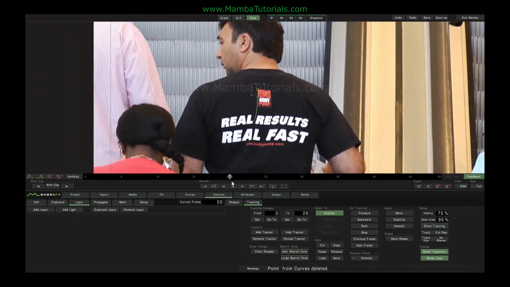Let's imagine this point then becomes obscured, so I can't continue tracking it, but I still want to get the motion. What I can do is continue tracking a similar point that perhaps moves in the same kind of way. So if I hold down Alt while I drag the tracker, you can see that there's an offset applied. It's still continuing the curve as if it was tracking this point, but actually it's going to track data from in here. So if we now go track forward from there,